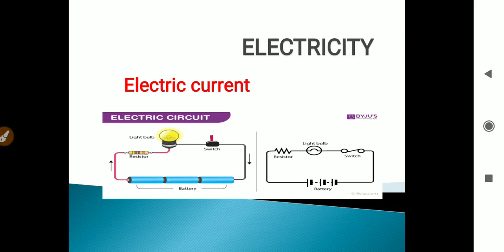In the figure you can see a very simplified electric circuit, which consists of a light bulb, a switch, a resistor, and a battery source. Here the battery source is a kind of energy source that will provide the potential difference across the load. A resistor is used here as a safety for the load, and the load here is a bulb, and the switch is used to turn the load on and off. On the right hand side of the figure is the simplified diagram of this electric circuit.